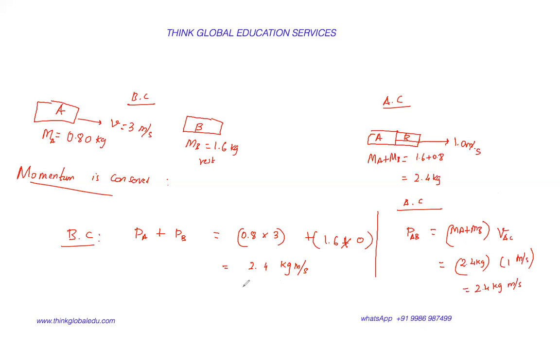And as we can see, PA plus PB, that is momentum of A plus momentum of B, is equal to momentum of AB. That is, momentum before collision is equal to momentum after collision. Thus the momentum is conserved. So we can look at some other problems based upon